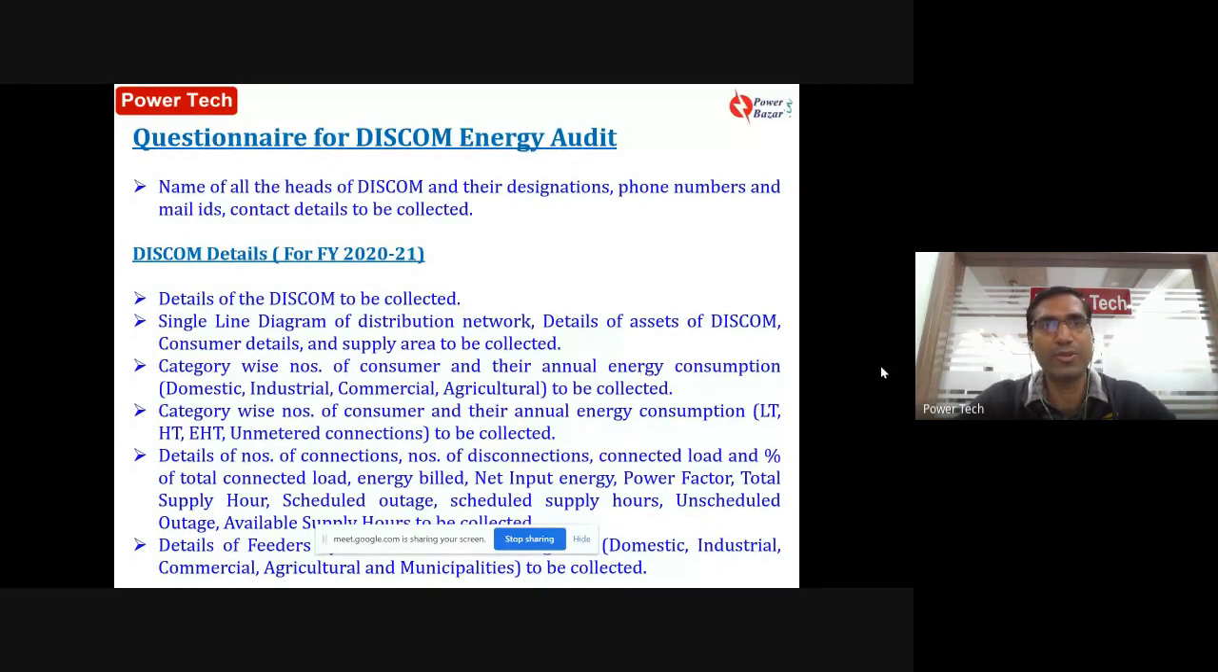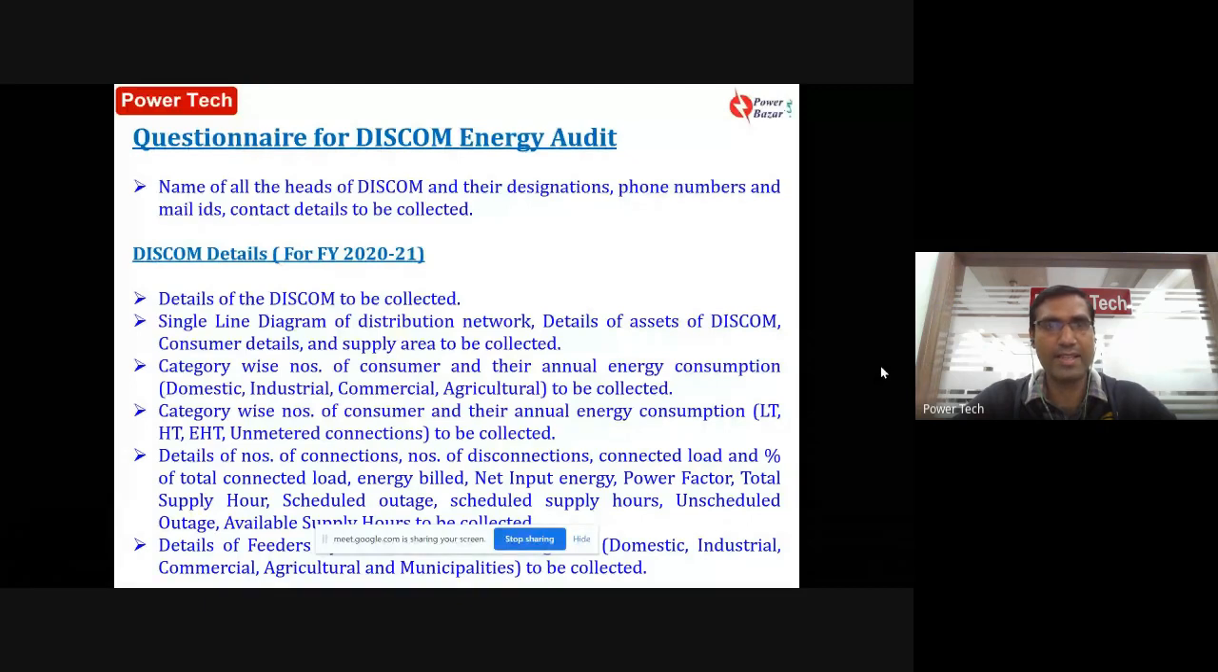So this is a basic questionnaire that is given to a DISCOM company before any energy audit, so that we get the data from them, like what are the details of the head of the DISCOM, their designations, and then the details like single line diagram of a distribution network, what are the assets of the DISCOM, consumer details, supply